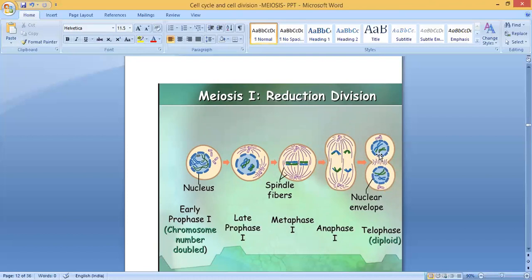The last stage you can see here is telophase. Now they reach both ends. The nuclear envelope will reassemble or appear again, and you can see the spindle fibers shorten and disappear, and the cytoplasm starts to divide. So that is telophase. In this stage you can see they are diploid in nature. The two daughter cells are going to form. Because there is one pair of chromosomes in each, this is diploid in nature.